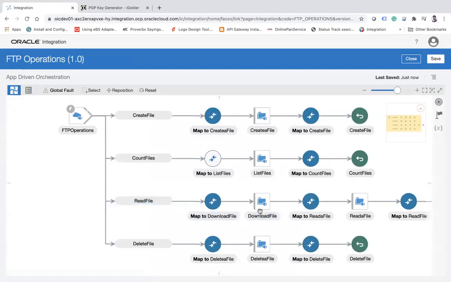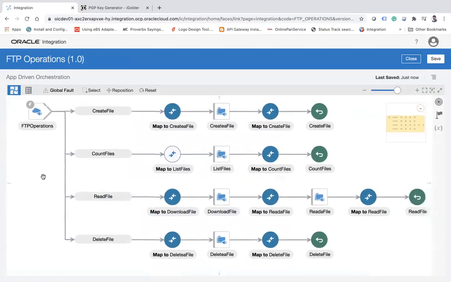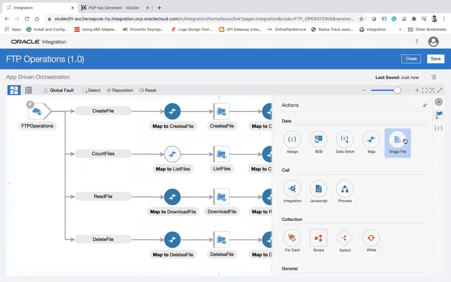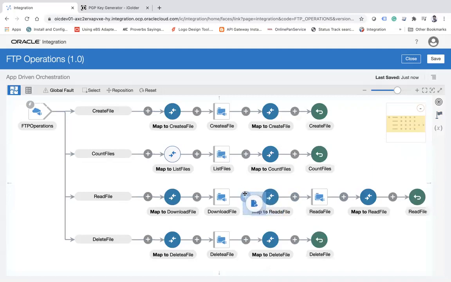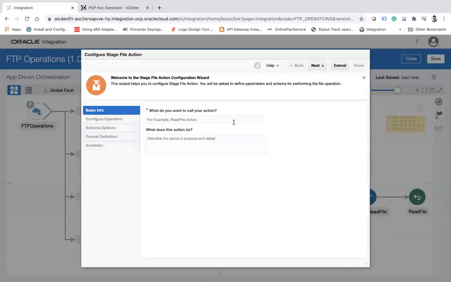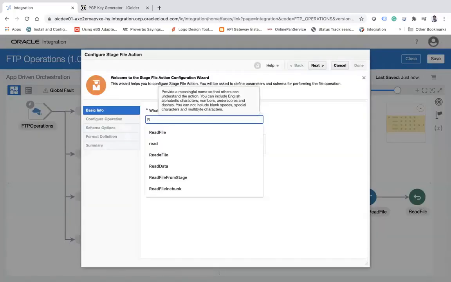Now where is my file? The file is at the OIC server. Now I need to read the file. So OIC provides one action called stage file. This stage file is one of the actions which will be used to perform different actions on your staging area. So let me just try to put it here. Let's say read file. Okay, read file